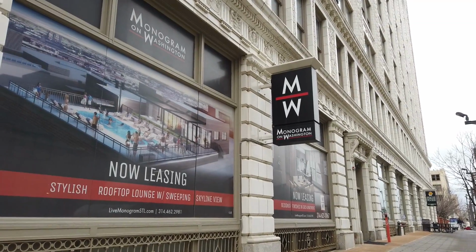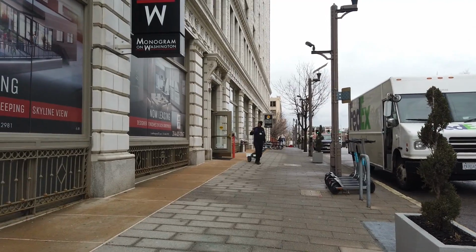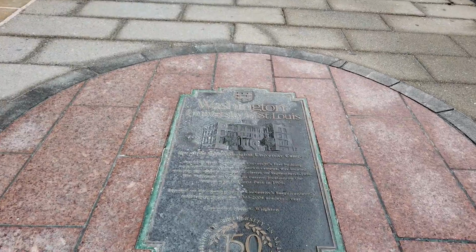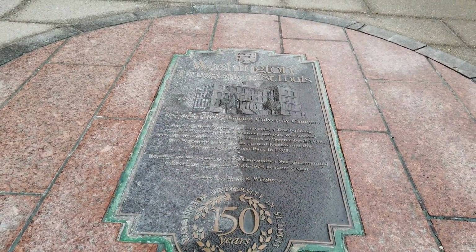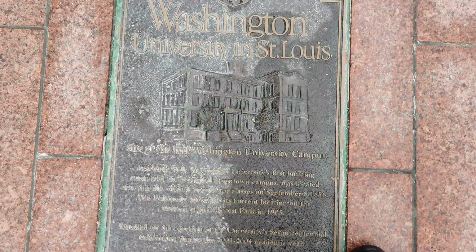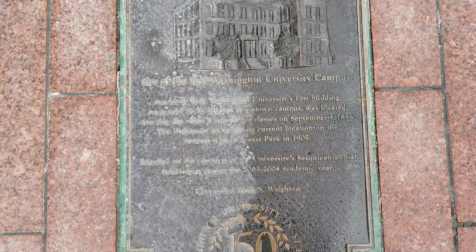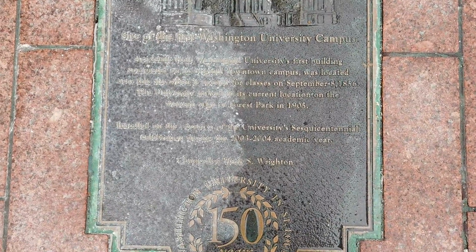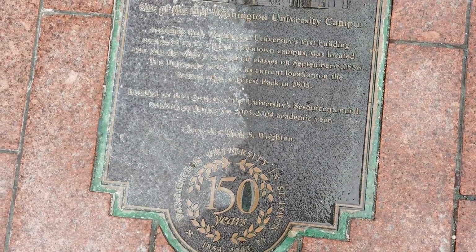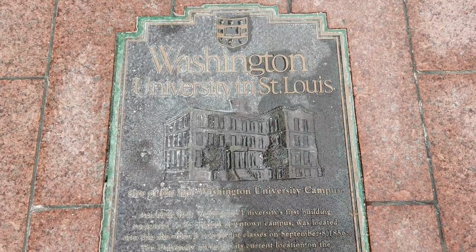Okay, now we're at the Monogram. We're going to be checking out that Fields Foods, another grocery store. Now right here is where Washington University was. So WashU was chartered in 1853, and this opened in 1856, as you can see on this plaque here. And it opened as Elliott Seminary, and it was renamed in 1857